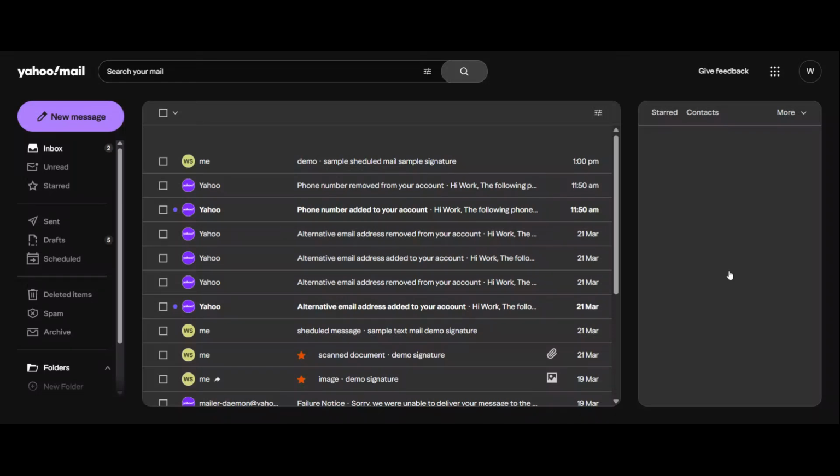In today's video, I'm going to show you how to attach a photo on Yahoo Mail in a quick and easy way. If you've ever wanted to send a picture through email but weren't sure where the attachment button was, don't worry. By the end of this video, you'll know exactly how to compose a message, add your photo, and